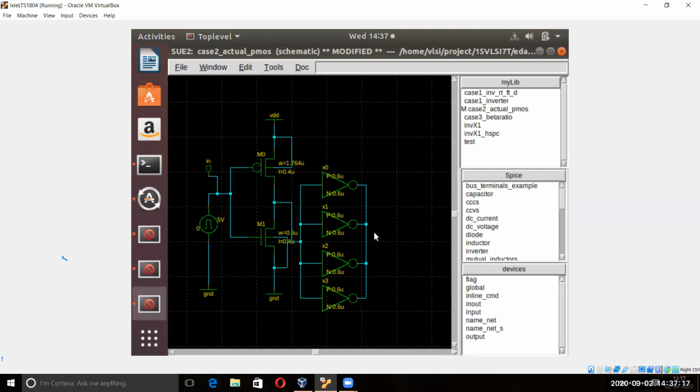We are now interested in seeing the actual size. The WP by WN ratio is around 2.94, because if you go to the model files, you will see that it is 444 point something, and the other one is 151 point something. If you divide that, you get 2.94.